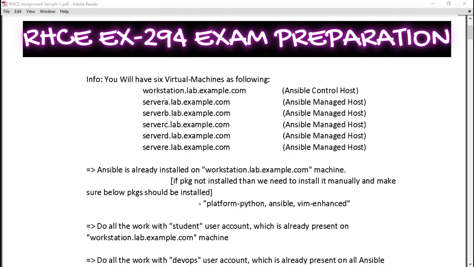It means you get two options. Either you can go to the Red Hat website and book your exam, or you can contact your center that you want to book the exam. They will ask you some information. You need to make the payment to the center, and the center will book your exam on your behalf. So the difference will be, if you go online and book the exam, you will get the single attempt with 16,500 plus tax.